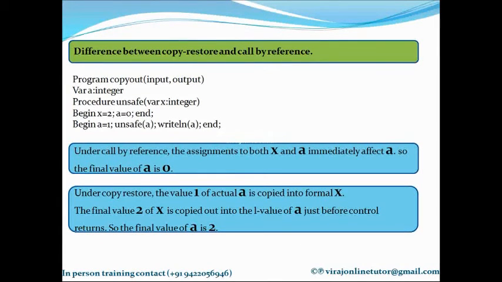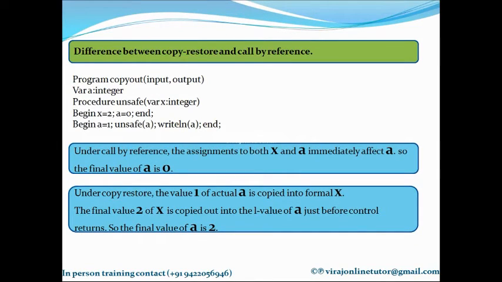So just to brief, what are the three parameter passing techniques that we learned just now? First was call by value. In call by value, the actual parameters are evaluated and the R value is passed to the called procedure. So whatever changes the called procedure does are not reflected outside. So in call by value, the actual parameters are evaluated and the R value is passed to a function. And whatever changes this function does are only reflected inside the activation record of itself.